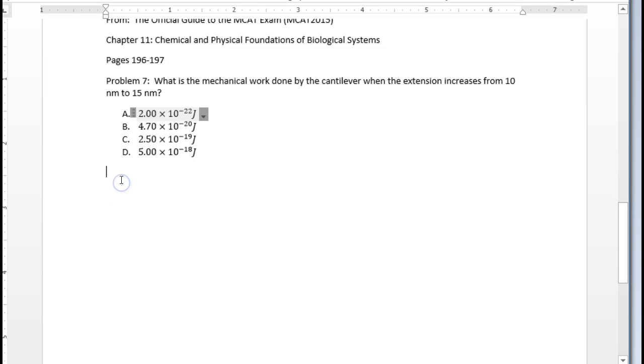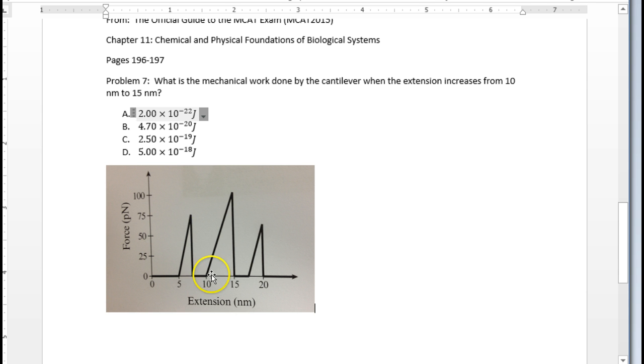All right, now on to chapter 11, problem 7. So chapter 11, problem 7, you have to have the figure 2 from that chapter, which is the force and the distance, the force applied over a distance. So a couple of things. This is basically